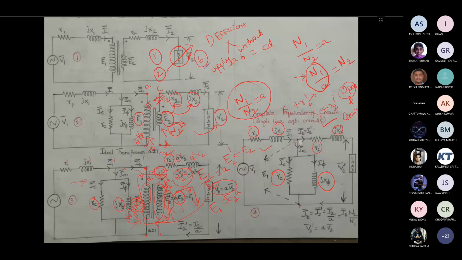In experiment number 6, as per the list, you are going to find the efficiency without connecting any physical load, whereas in experiment number 7, you are going to apply load and find the efficiency. Other than that, you are going to find the voltage regulation. Voltage regulation needs further explanation.